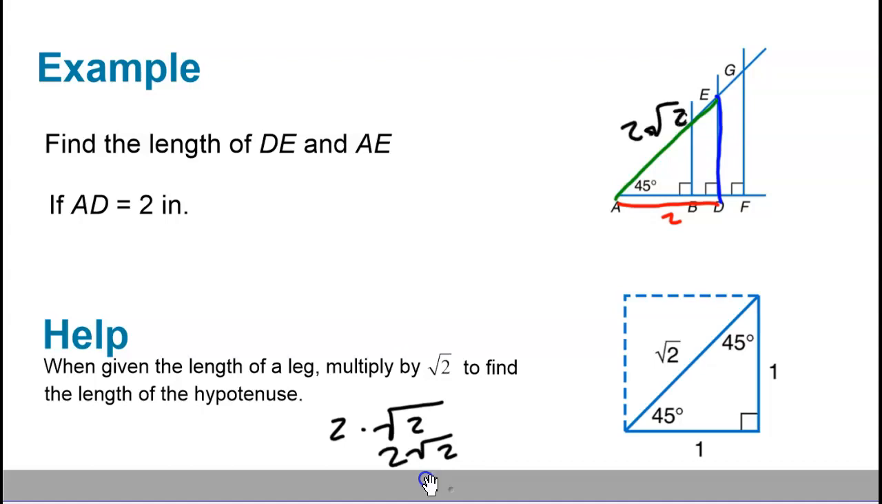2 square root of 2, and you know that this side over here, side DE, in answering that question is 2 because it wanted you to find DE and AE. Because it's a 45, 45, 90, the sides are both the same, and so in being able to find AD, DE is the same as AD. All right,